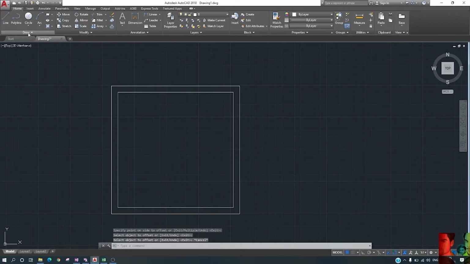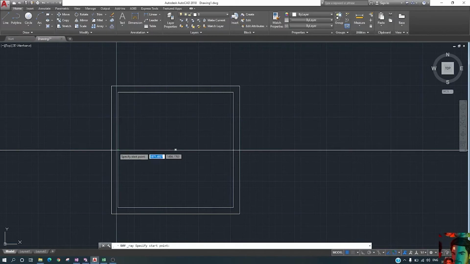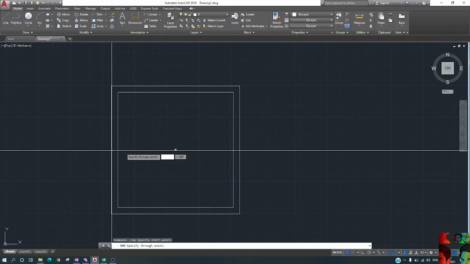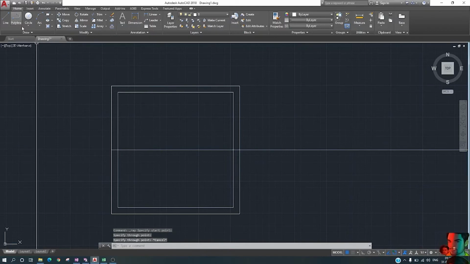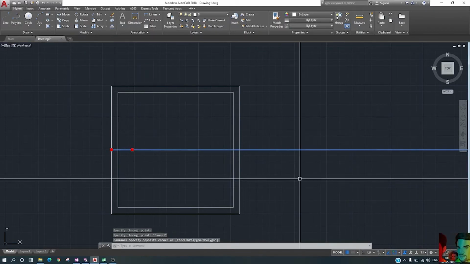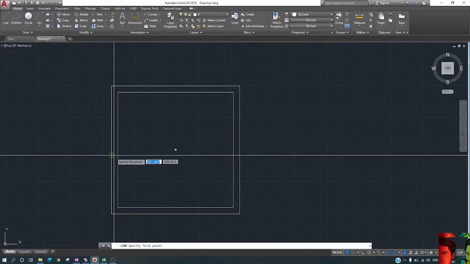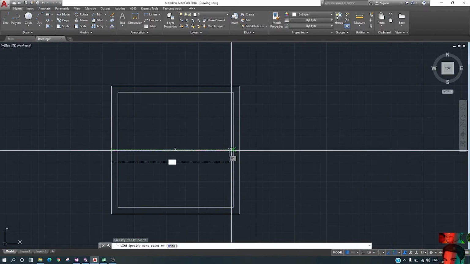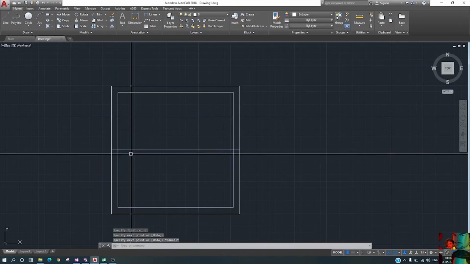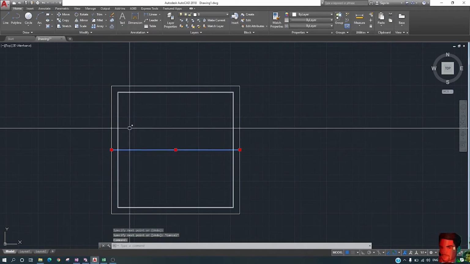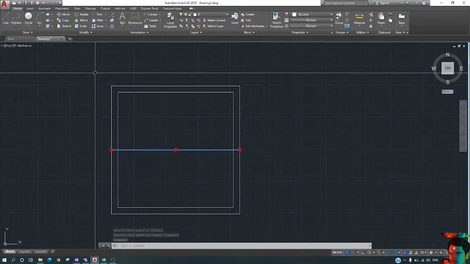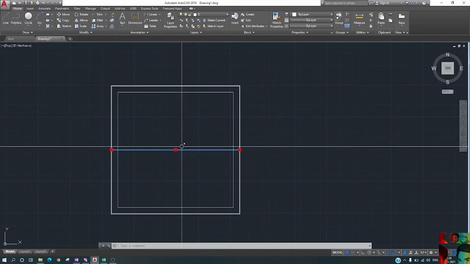Now we draw construction lines. Before drawing the construction line we just take a simple line. We are going to divide this portion into 3 equal parts.